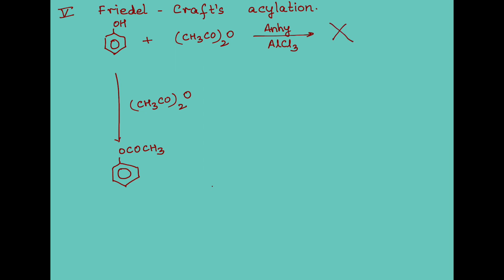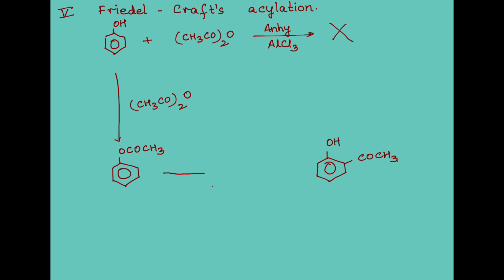Now I've got this product over here. I want to go to the acylated product. So what I want is, I want my phenol, but I also want the keto group. Yes, this is a keto group. You see, C double bond O CH3, and this is attached to the ring carbon. Yes, it's a ketonic group. So I want the ketonic group in my benzene ring for various reasons. So how do I go about it?